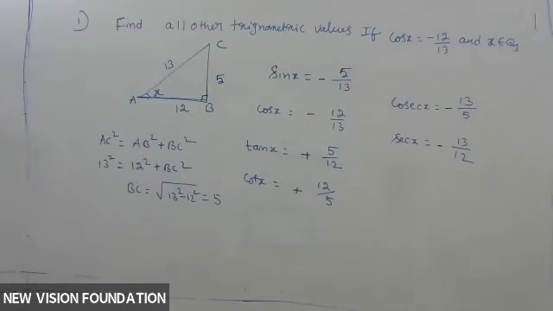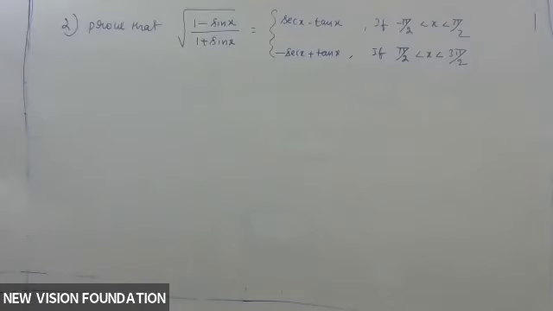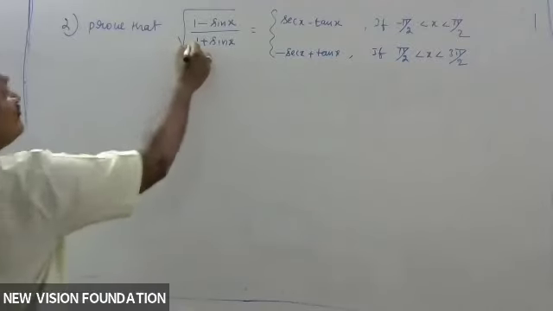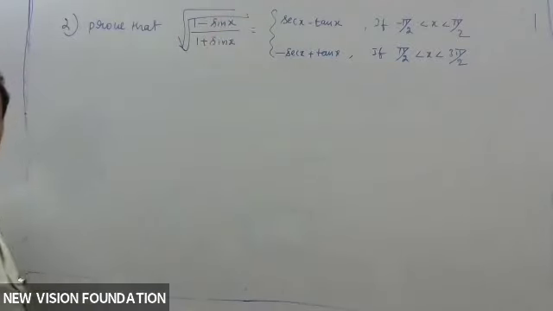Now we do certain other problems. Now let us discuss, dear students, this beautiful problem. Prove that square root of (1 minus sin x) by (1 plus sin x) is equal to secant x minus tan x